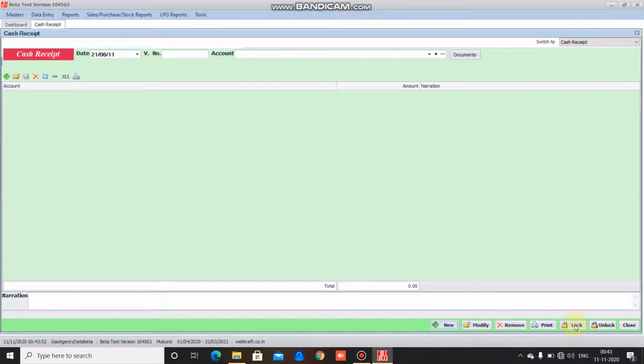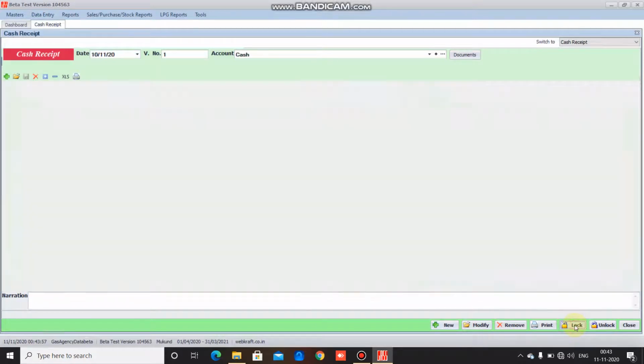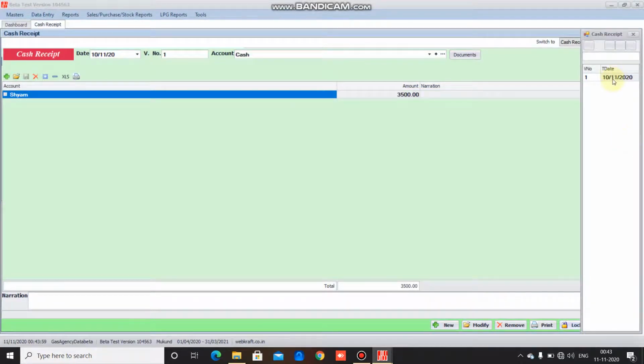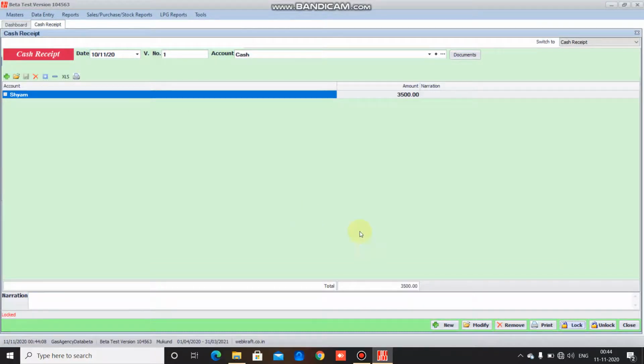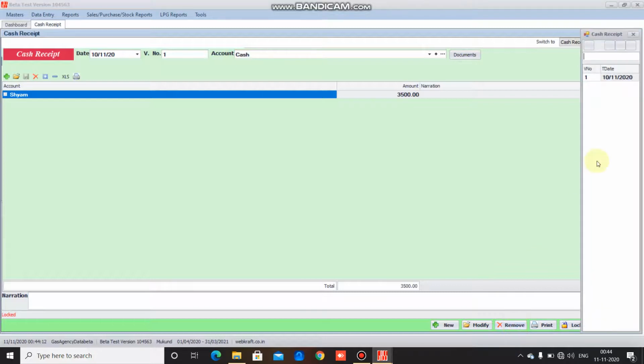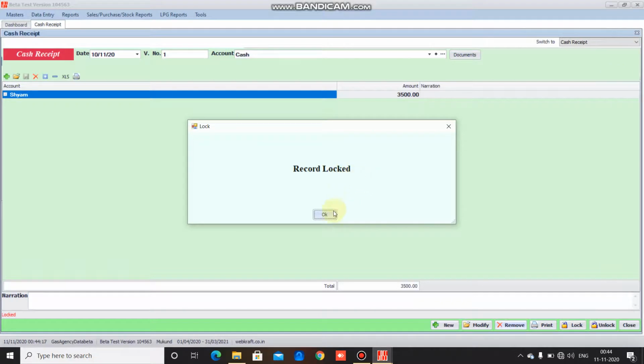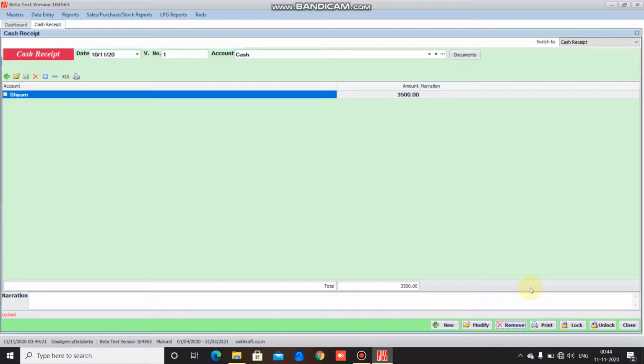Now let's try to lock one particular transaction. Here this transaction is there, which I am saying lock. Sure to lock, this entry is locked. Now if I want to remove this particular entry and try to remove this, it will say record is locked. So hence it will not allow to remove the entry because the record is locked.